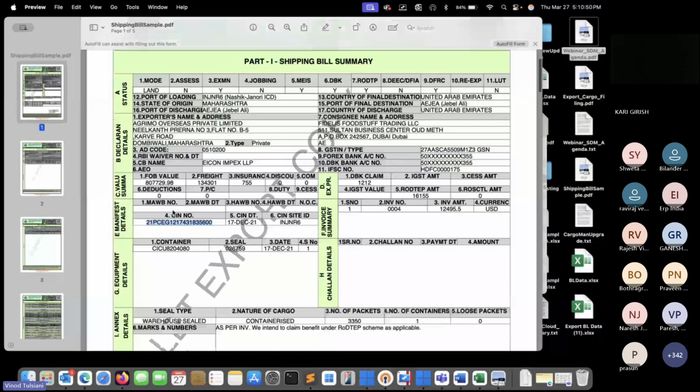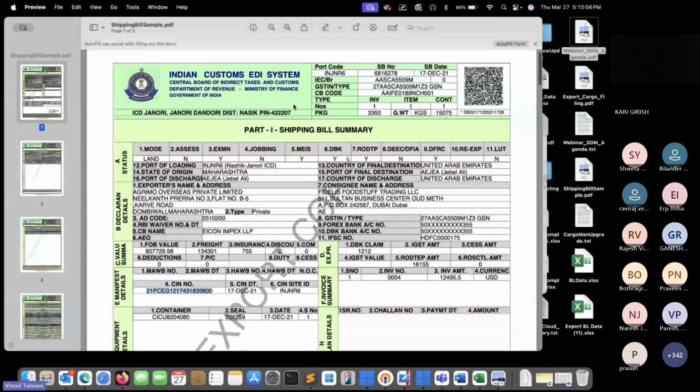शिपिंग बिल की कॉपी होगी ना, उसमें आपको PCI नंबर यहाँ पे मिलेगा। ठीक है। इन केस आपके पास शिपिंग बिल की कॉपी नहीं है और PCI नंबर चाहिए, तो विनोद सर, ये जो कंसाइनर कोड होता है, वो शिपिंग बिल के ऊपर जो IC कोड रहता है, उसके साथ मैच होना चाहिए, एज पर द डॉक्यूमेंटेशन दैट हैज टू बी मैच्ड विद शिपिंग बिल। ओके, क्लियर सर, थैंक यू।